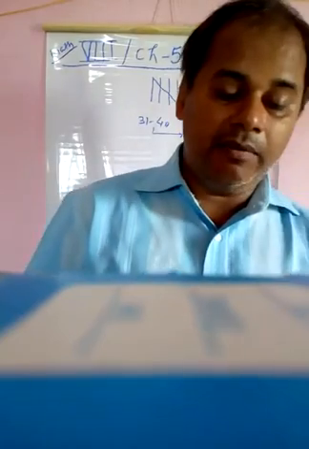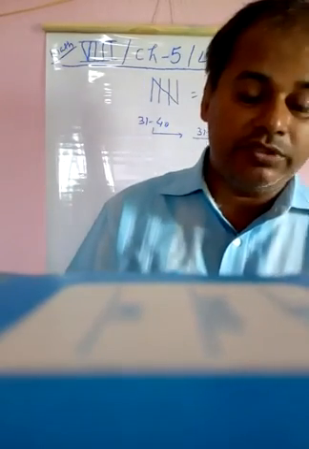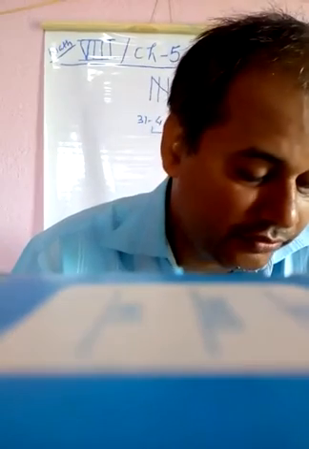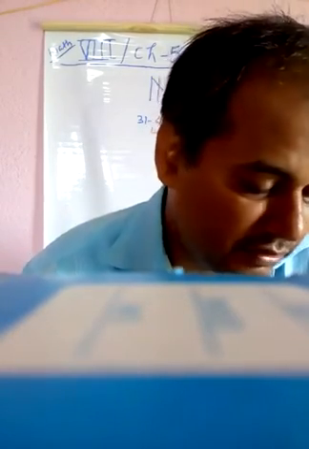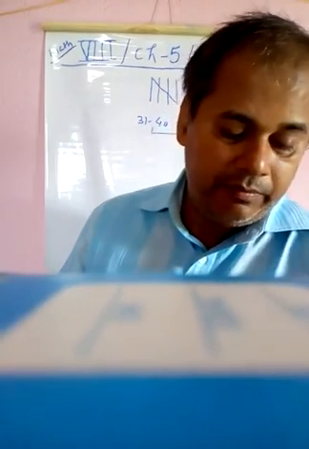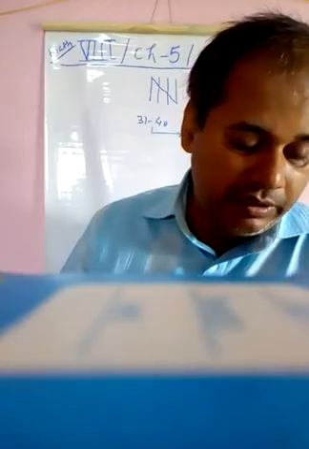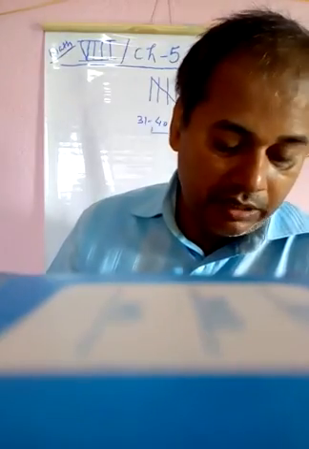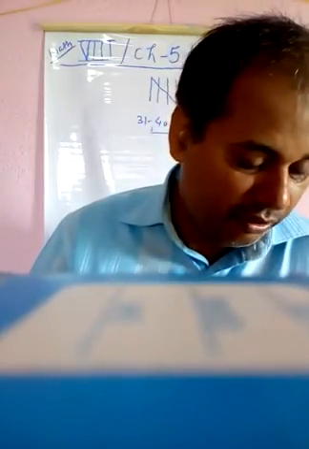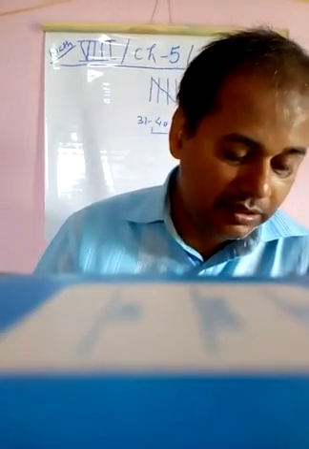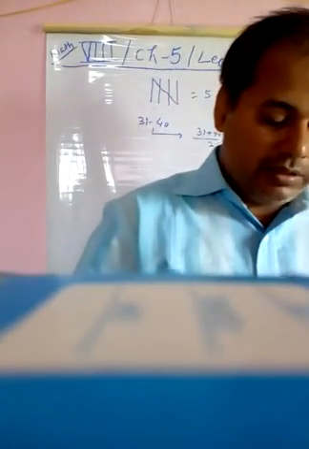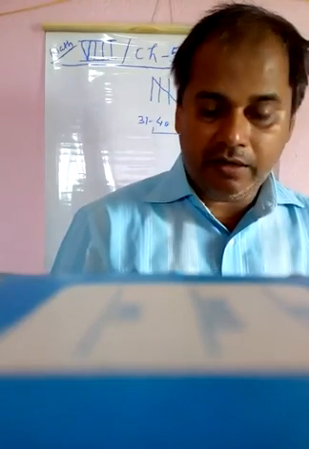We can rewrite the above table having continuous class intervals as follows. Marks 0 to 10, 5 students; 10 to 20, 4 students; 20 to 30, 0 students; 30 to 40, 7 students; 40 to 50, 5 students; 50 to 60, 12 students; 60 to 70, 3 students; 70 to 80, 1 student; 80 to 90, 5 students; and the total is 40. The class size is 10, that means upper class limit minus lower class limit is equal to 10. Steps to be taken to prepare a frequency table.